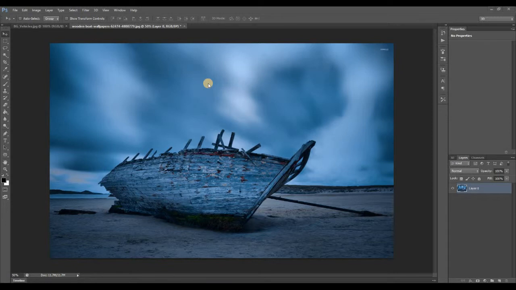Hi guys, today we will learn how to add a rain effect in our image using noise and levels. So here we can start. This is our image. First, create a new layer